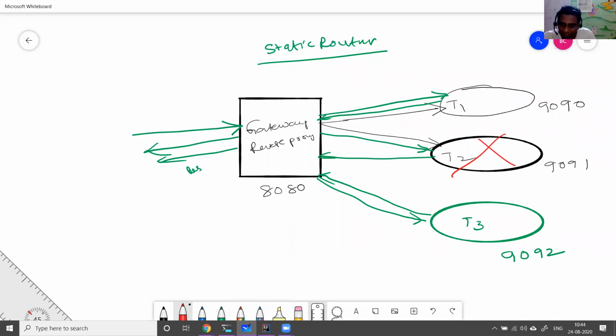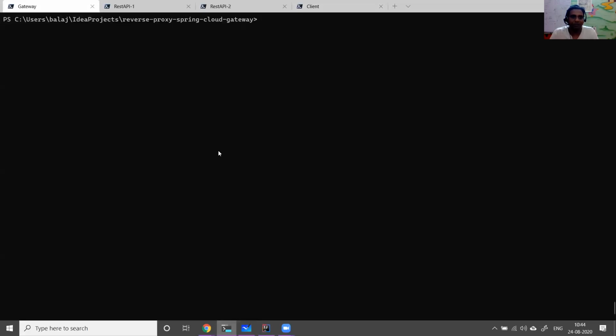How can we deal with these problems? I'm going to explain it. In my view, static routing is like static scaling. When a new Tomcat comes up, you are manually making changes in the gateway, which you shouldn't do. That is what I mean by static routing. There may not be a right term here, but we'll deal with what is meant by static routing in our successive sessions. Now I'll explain.